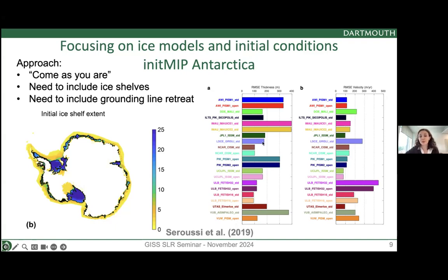And so here on the right, we have the root mean square error in ice shelf thickness for the entire ice sheet, as well as the same thing, root mean square error for the velocity of the entire Antarctic ice sheet for these different models. And so you see there's a variety of ability to capture these conditions. That depends on how the models are initialized, if they're initialized today with present-day conditions using data assimilation, or if they are run over long periods using paleoclimate spin-up or steady-state conditions, in which case they tend to be further from present-day conditions. So that's kind of like how models can capture today's conditions.